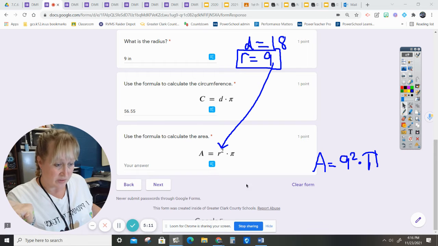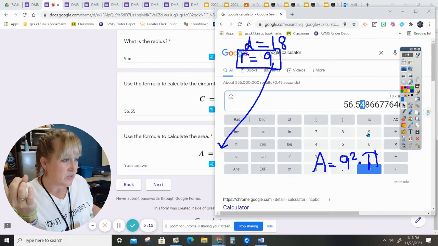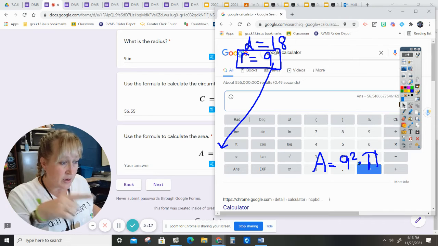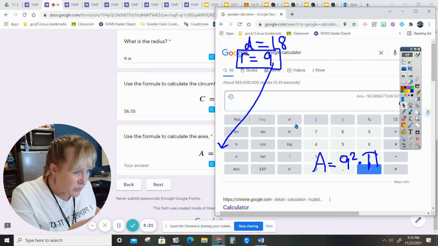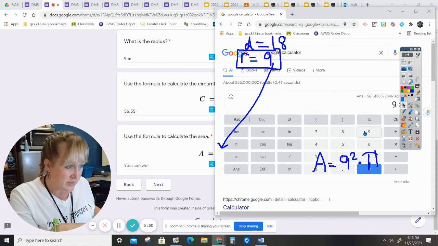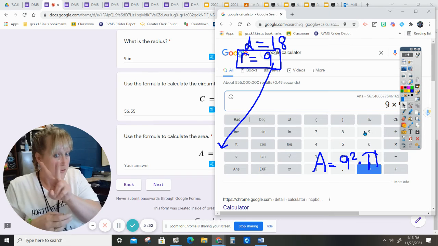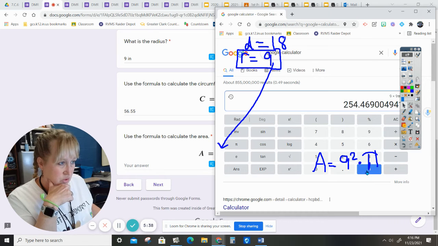So let's use our calculator. Let's see if I can find it again. There it is. So I'm going to hit clear, and I'm going to type in just what it says here. 9. Now, it doesn't look like you have squared here, so I don't want to figure that out right now. I'm just going to do 9 times 9, because that's 9 squared. I have two 9s, right? 9 times 9, and then I'm going to multiply it by the pi. Equals